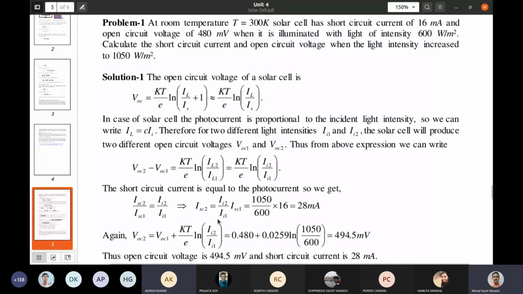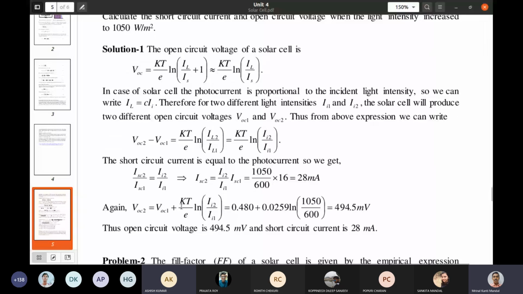So this value you know, the short circuit current for case 1 you know, so you can calculate the short circuit current in case 2, that is 28 milliampere. And the open circuit voltage in case 2, that is the first case, plus this will be added up. So when you add this up, it is 0.48 volt, and this KT by E, that is the thermally equivalent voltage at T equal to 300 K, that value is 0.0259, and ln of this quantity will give you